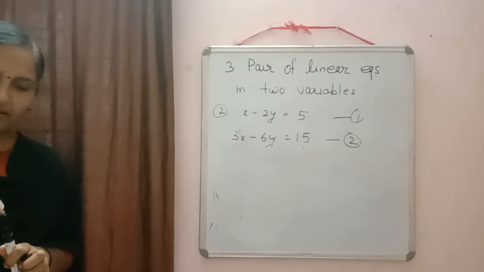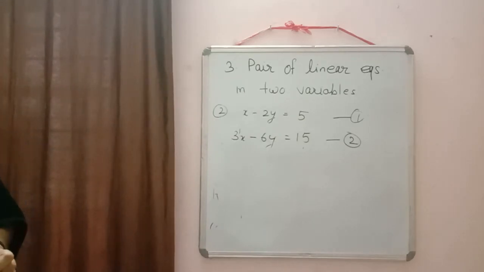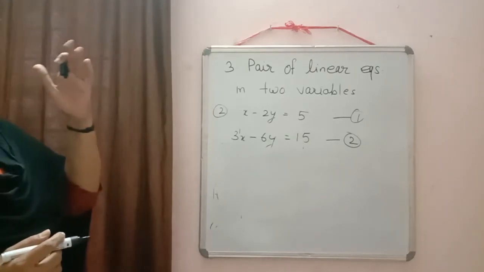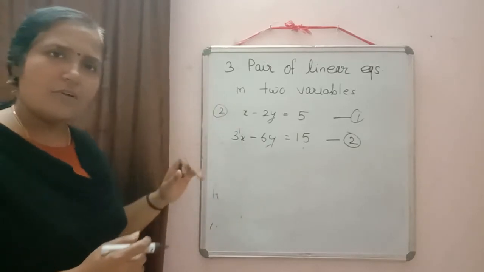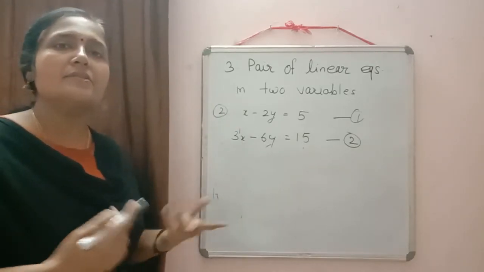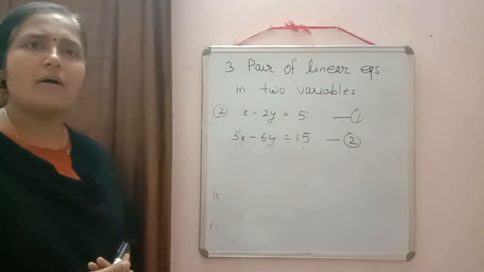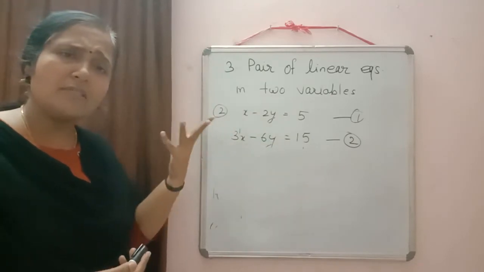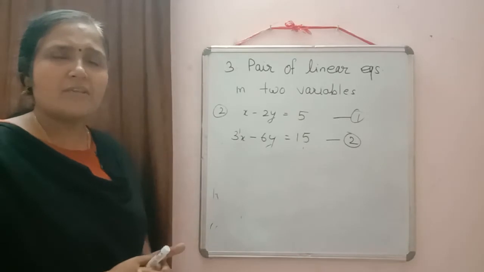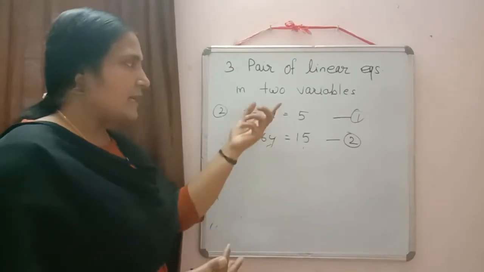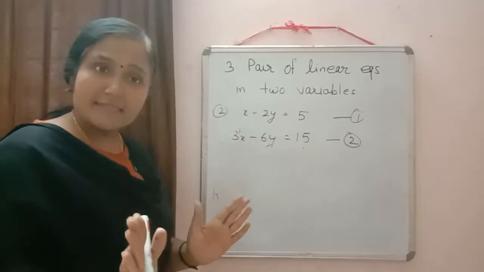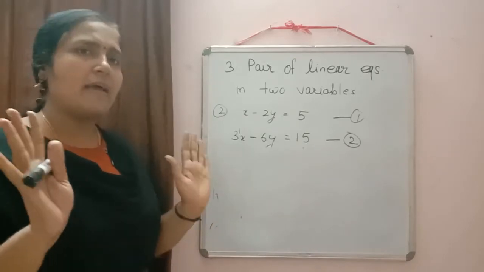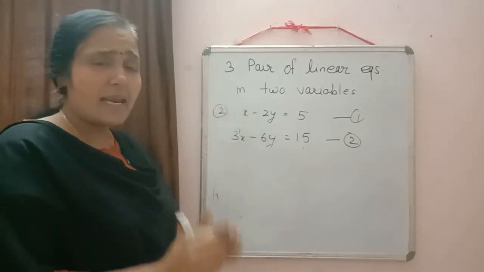So all of you have seen that when we drew the graph of these 2 equations, we got which type of lines? Coincident lines. Coincident means all the points on the lines are the solution of this equation. So how many solutions will we have? All the points which are on this line. Correct? So we have solutions. How many solutions? Yes, infinitely many solutions. So if a solution is there, the given pair of linear equations is consistent, whether one solution or infinitely many solutions. Solution is there. That's why we are saying the given pair of linear equations is consistent.